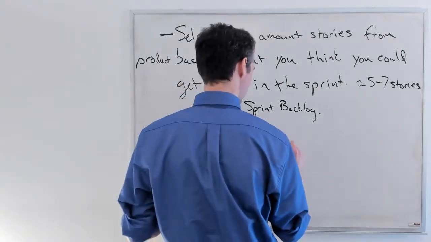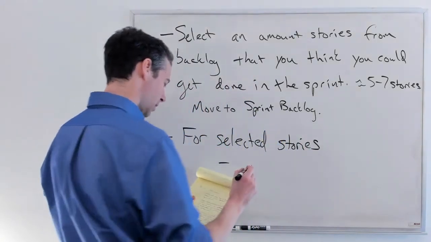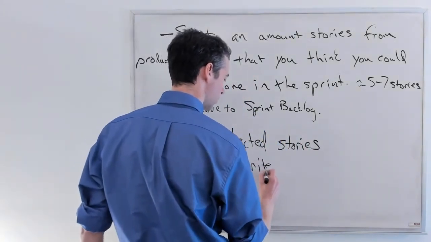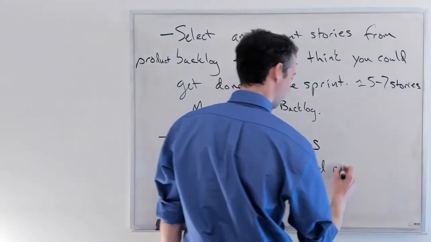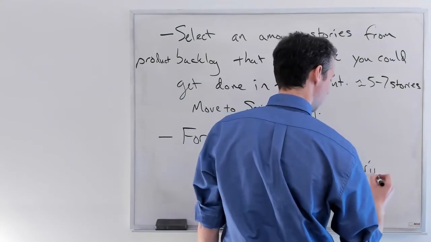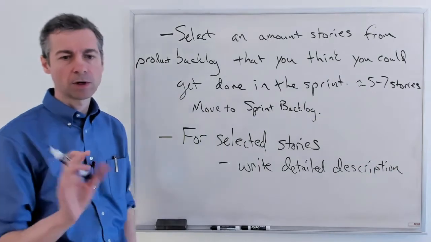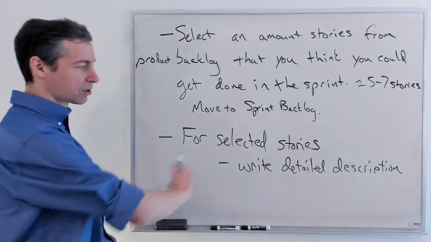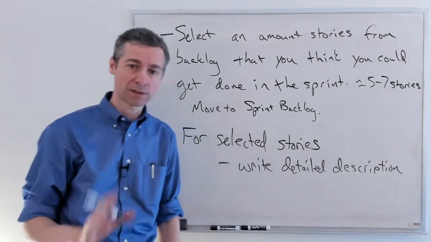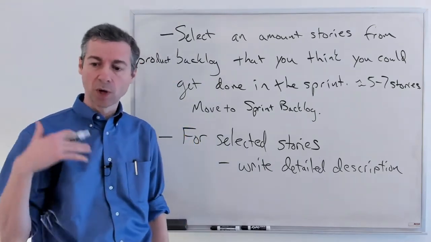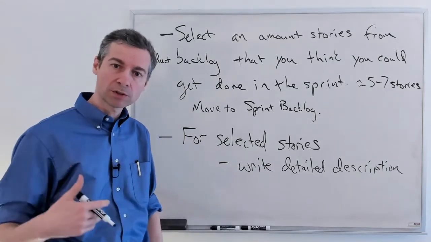And so for the selected stories in your backlog, for each one, you pull it open and this is where you write a detailed description of the story. While you have a story title, you know there's more to say about it. Here's where you can write a longer sentence. Write a paragraph if you want, but at least a sentence that conveys in additional words what the team needs to know. You're starting this conversation. We're all talking about it.